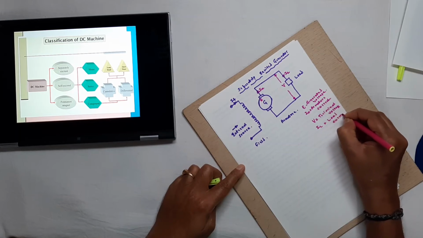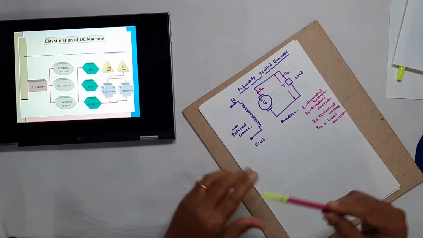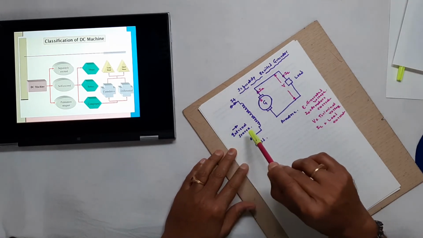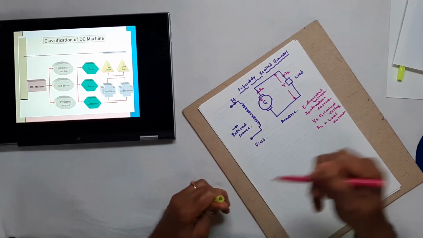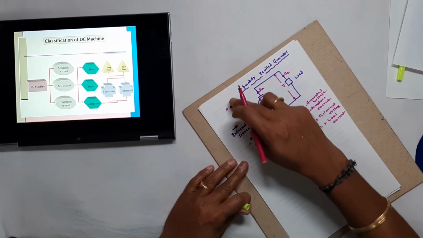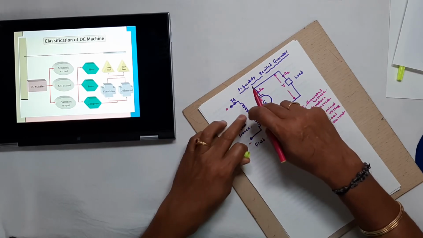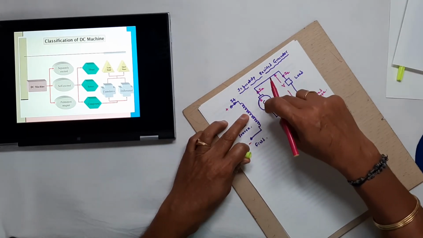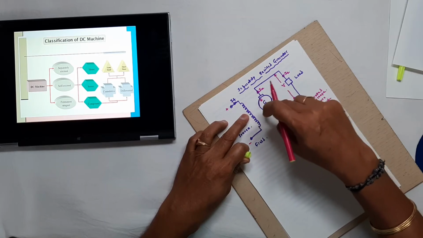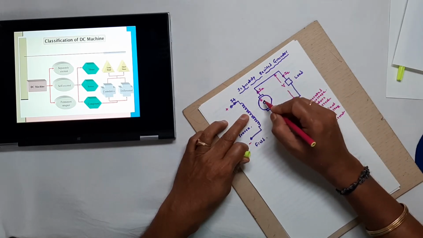Okay, this is the symbolic circuit diagram of a separately excited generator. That is, an external DC source is connected here, positive and negative. Then a field current is flowing here. When the current is flowing, it produces a magnetic flux. Here there are armature conductors. The conductors are rotating in the stationary magnetic field, and there is an induced voltage, that is E.